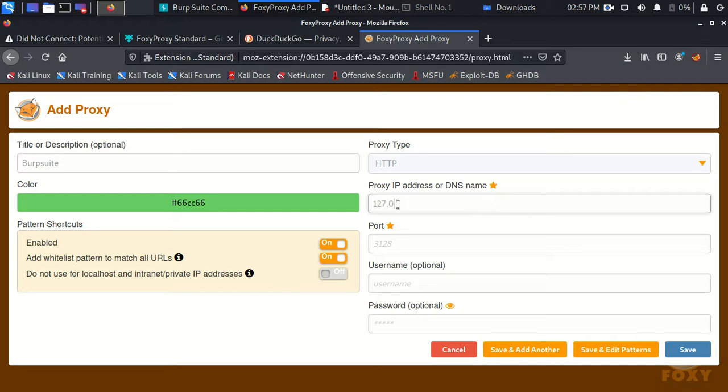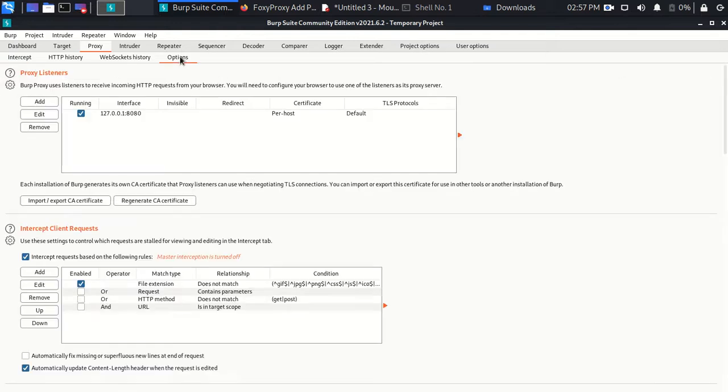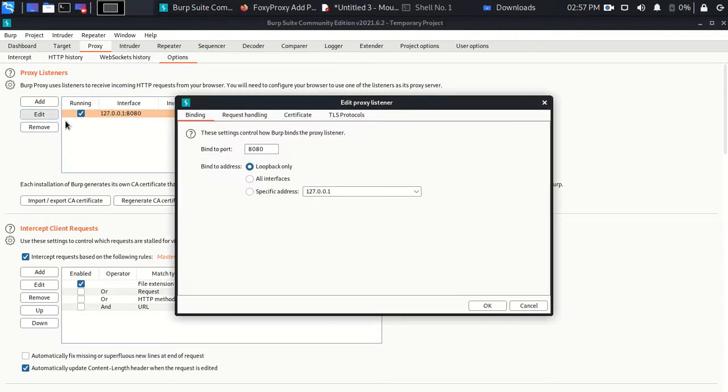My proxy is on my localhost and the port I am using is 8080. Also, I want to mention that you don't need to use 8080 if there is any service in your system running on port 8080. You can change the port here. Go to the Burp Suite, go to the proxy tab, in the options tab, and you can edit whatever port number you want to give here.